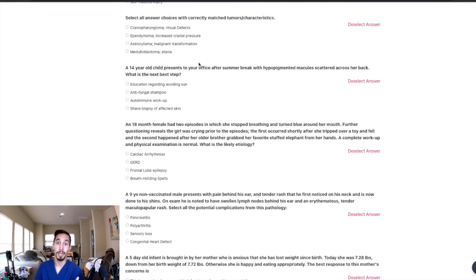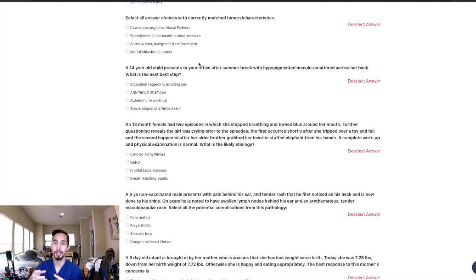It can also lead to endocrine disorders as well because of where it's located in the sella turcica. So craniopharyngioma, visual defects makes sense. That would be one of the answer choices I click. Ependymoma, increased cranial pressure, that also makes sense because those ependymal cells are actually creating CSF, so you might have